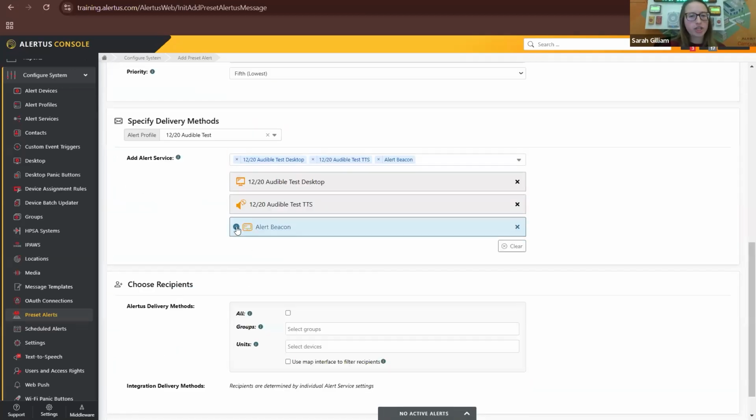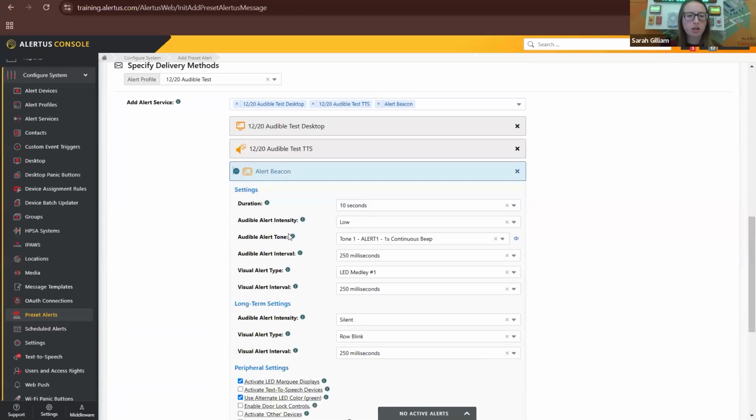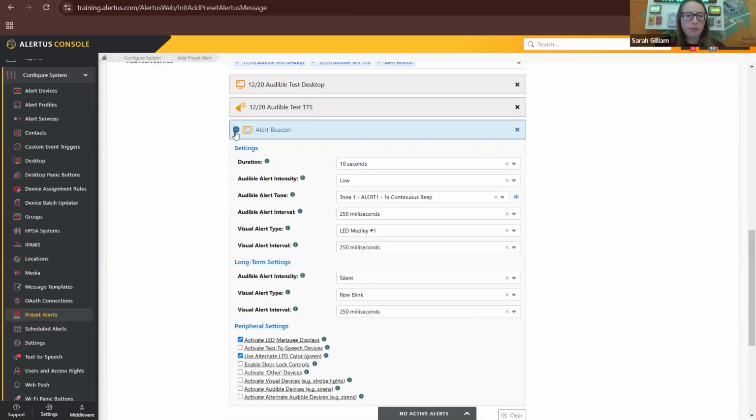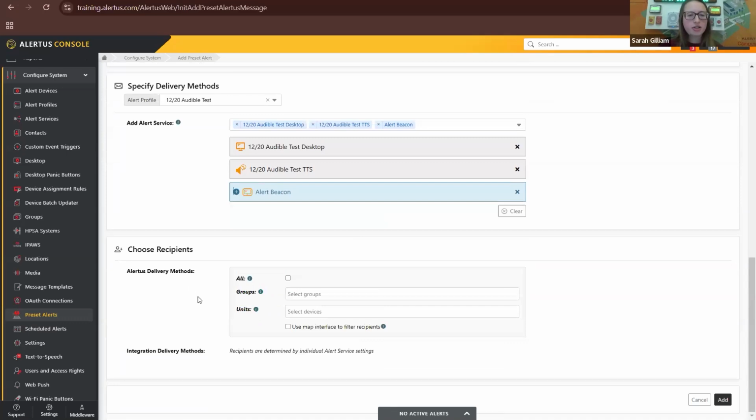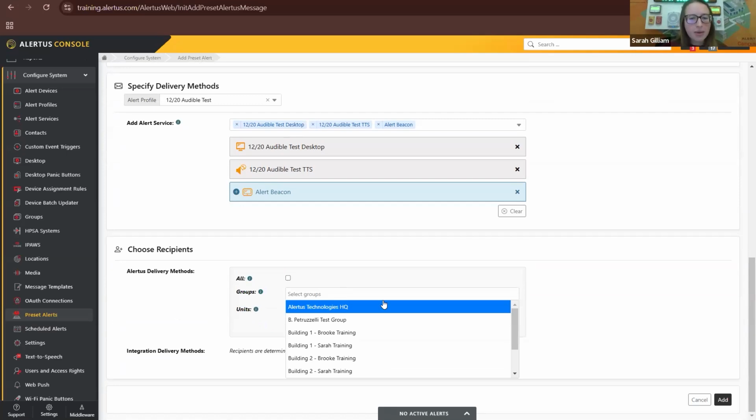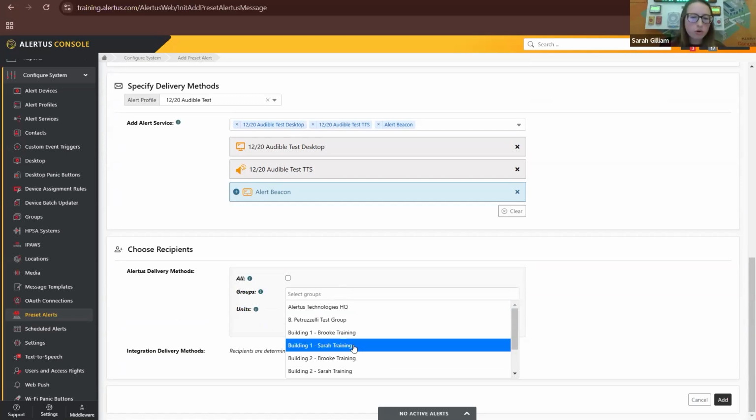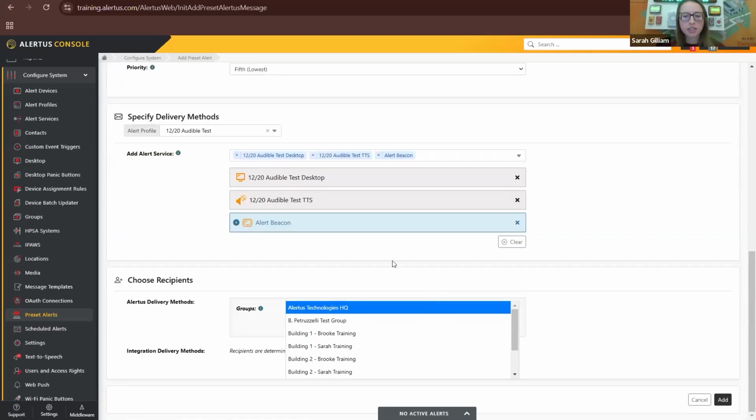And you do still have the option here if you want to make any updates to your alert beacon settings. You can do that here as well. And then the final step is choosing our recipients. So for this test, I want to test all of my devices, so I could just check all. However, you could also pick specific groups. Maybe I could pick just my building 1 group, for example, if I just want to target my building 1